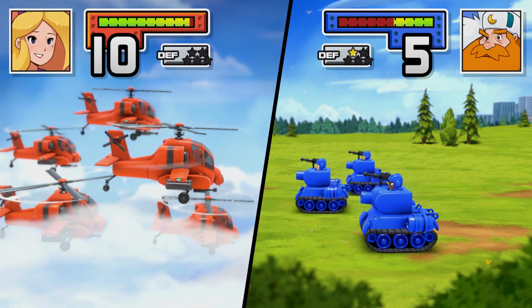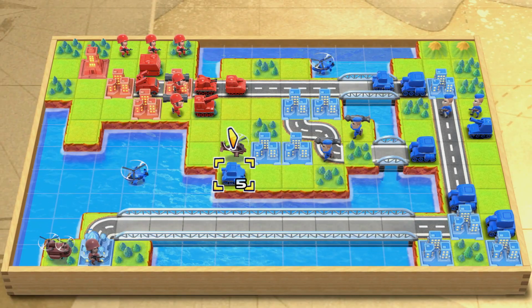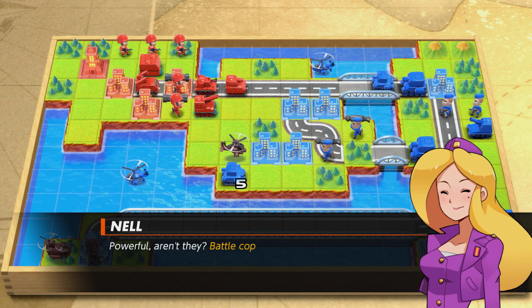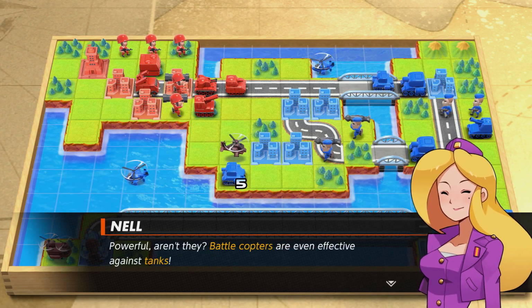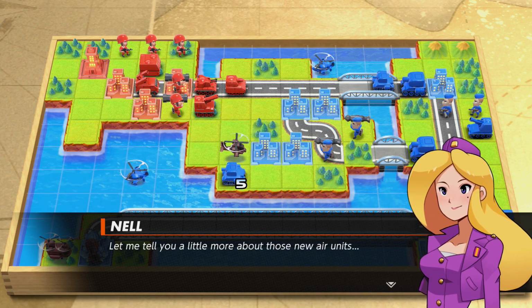So yeah, you might have noticed there the copter took a tiny bit of retaliatory fire, like half of an HP worth, but still, yeah, not great. Battlecopters are good against tanks. However,